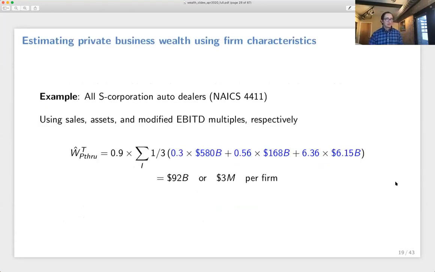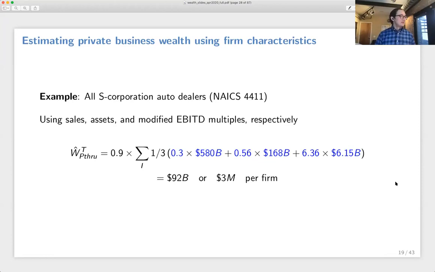Let me go through a numerical example so that some folks get on the same page as me. Auto dealers, so that's NAICS 4411. We're going to have aggregate sales, assets, and EBITDA for all S Corporation auto dealers. This is just a fun example. We have a market multiple of sales of 0.3 times $580 billion of total sales. This is, I think, in 2016. We're going to have an assets multiple of 0.56 times $168 billion of assets, and an EBITDA multiple of 6.36 times